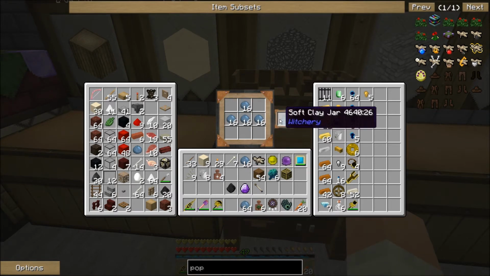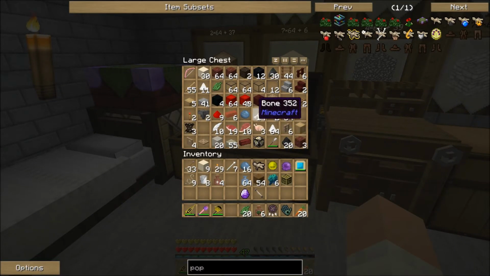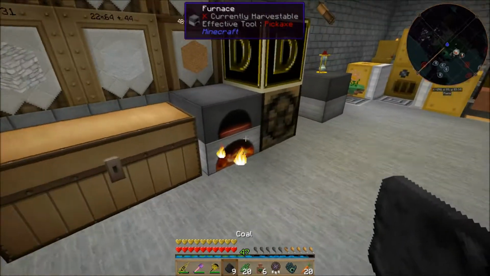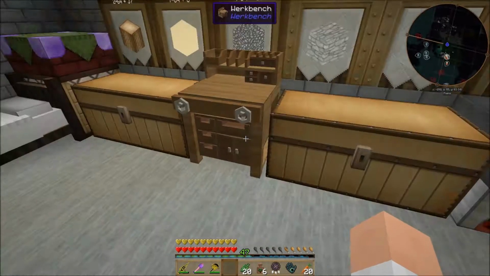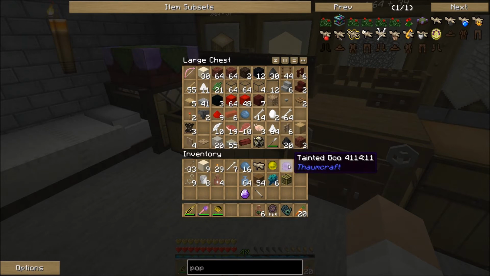And I need to make a bunch of these. I might as well just make a ton of them, because I am literally going to need a ton of them. Bunches and bunches. I might as well cook all these up. Okay, I'll save my cactus green dye for later. I don't know if I needed that much, but